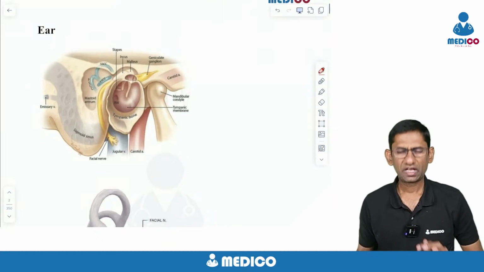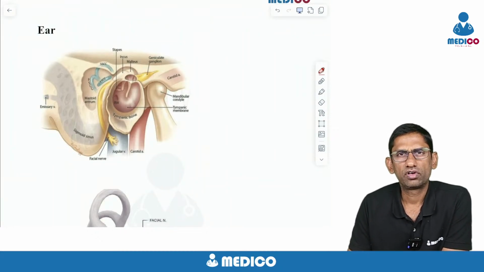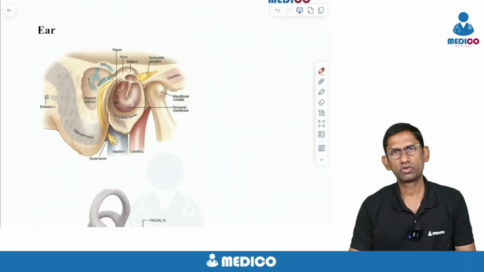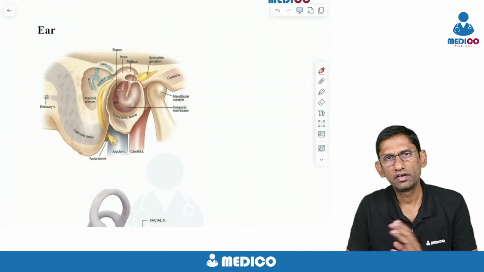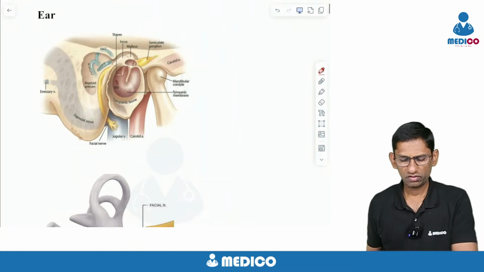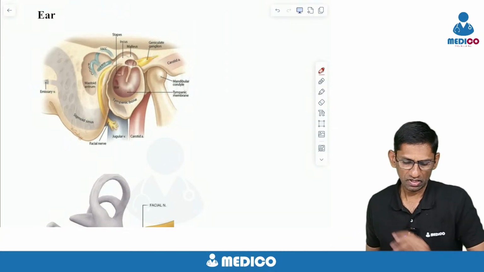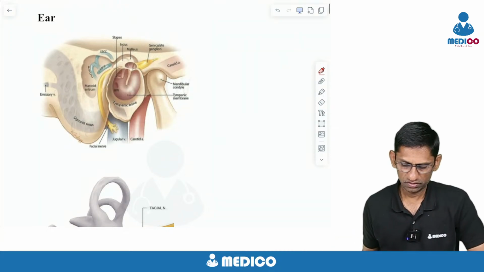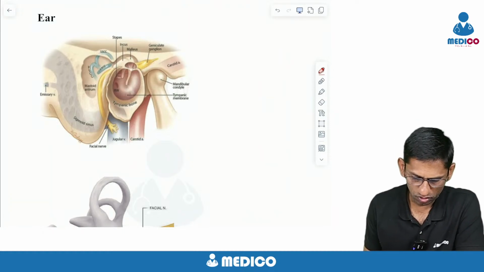Before that, I always tell you students the orientation of the ear anatomy is quite important. So always orient yourself about the ear anatomy, the external ear, middle and inner ear, how those things are aligned. And with this orientation, we can answer many of the anatomy questions in ENT, especially in ear. So to start with this diagram, see this is about the right ear, what you are seeing,